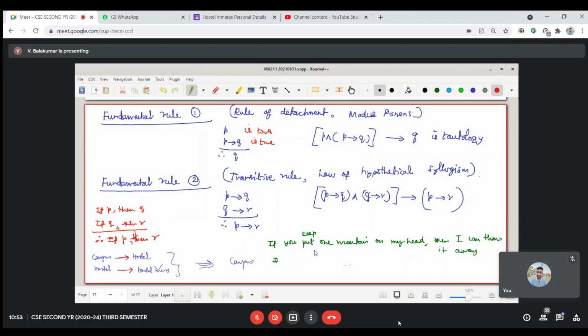Look at this green color sentence. If you put one mountain on my head, I will throw it away. Then I will be saying, if I throw it away, it will be broken into pieces.